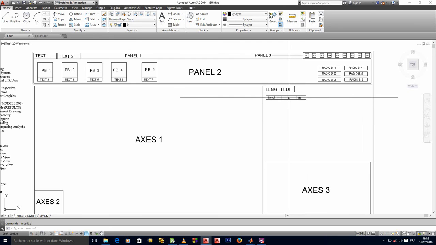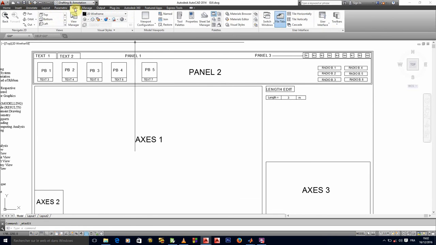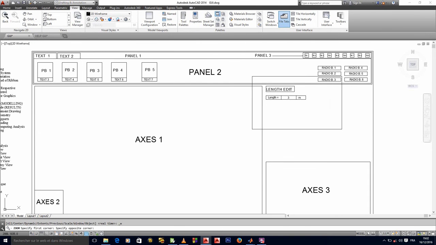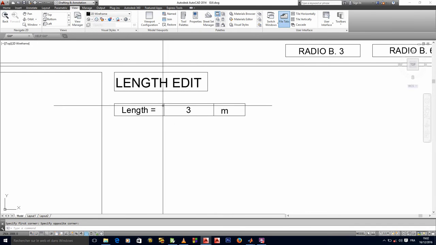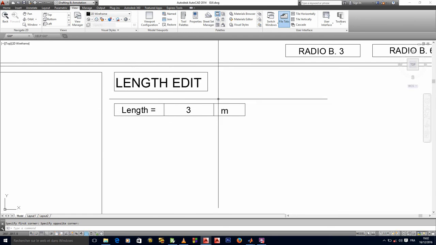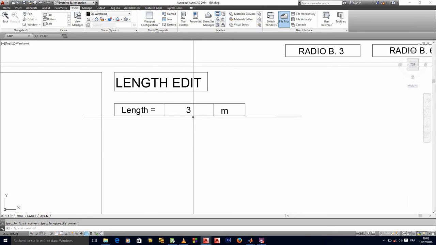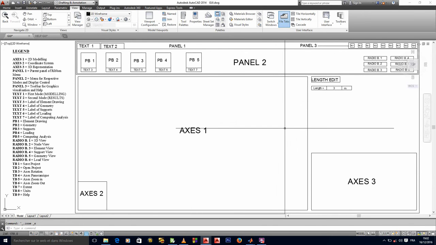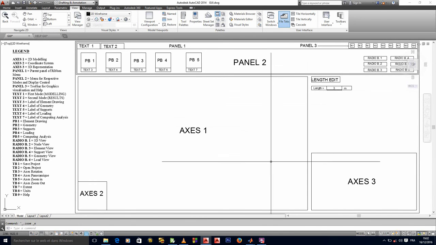Okay, so the 3 here is, let me try to somehow zoom that. Okay, so the 3 here represents this one will be an edit text. Okay, to say that this is where the user will come and enter his value. If he wants 5 meters, then he will come and change this to 5. The length here is just to indicate that he should enter the value of the length here, and then the meters is to indicate the unit of the value that he has entered. Okay, so this is what we are trying to represent there now. Okay, that is the way the user will modify his length.